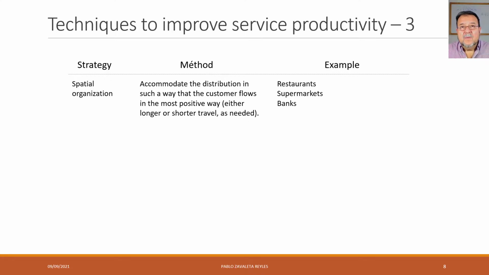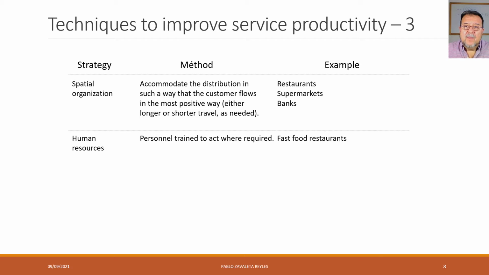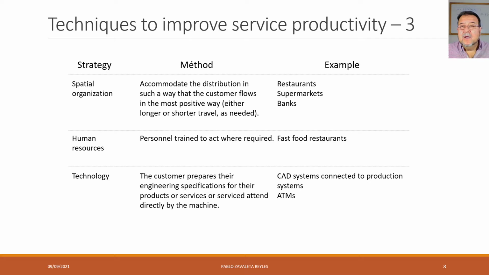In other places, we want them to have a shorter route, so that the experience can be faster or better for the customers. Also, we can train the human resources, for example in fast foods or in banks or whatever, and technology, for example,